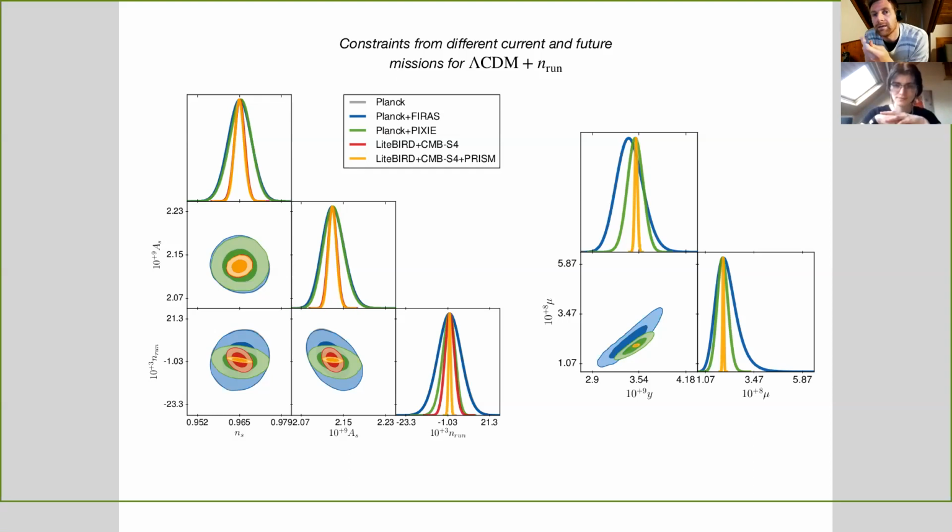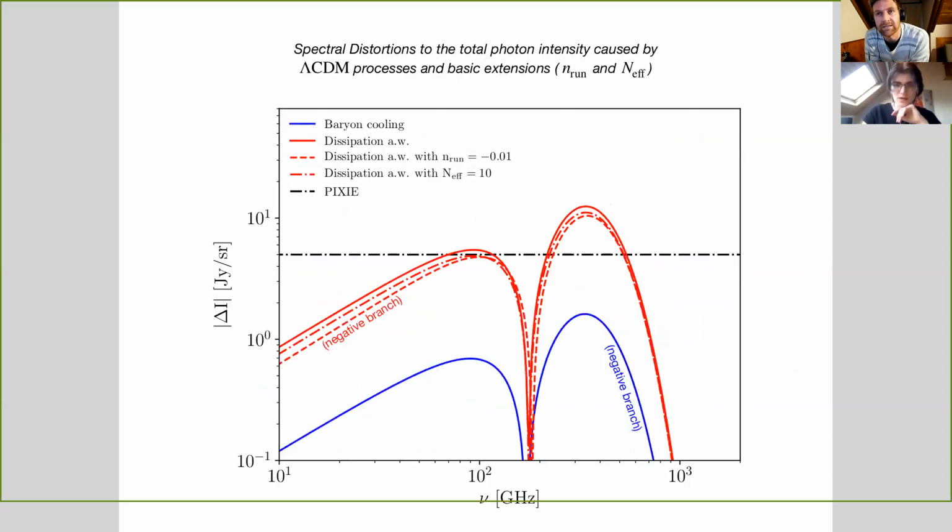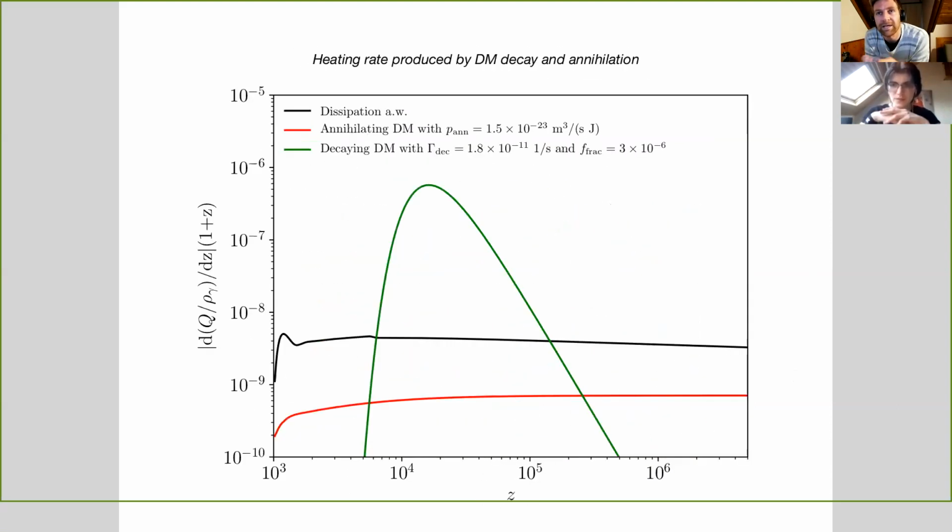And is the reason that the spectral index and amplitude are largely unaffected, but the running is affected, that the physics that causes the spectral distortions is on smaller scales, isn't it? It's this dissipation of the acoustic waves happening on smaller scales. Yeah, so if I go back to these heating functions, let's take the black one as the example. Now, A_s and n_s will not affect the heating function substantially. They will leave it mostly unaffected because, as you say, it's slightly different scales. But the running is actually going to cause this whole black tail to shift upwards or downwards. So this is something that we would then notice.